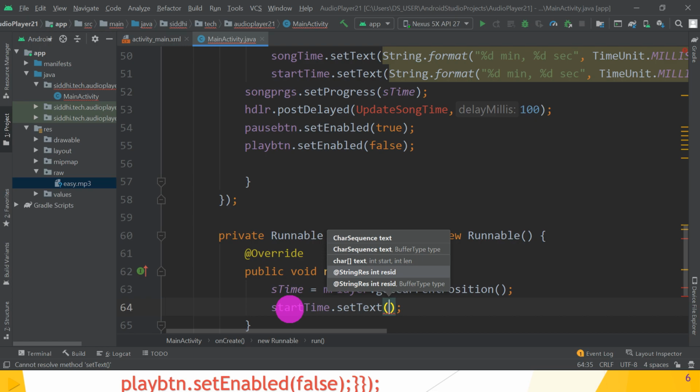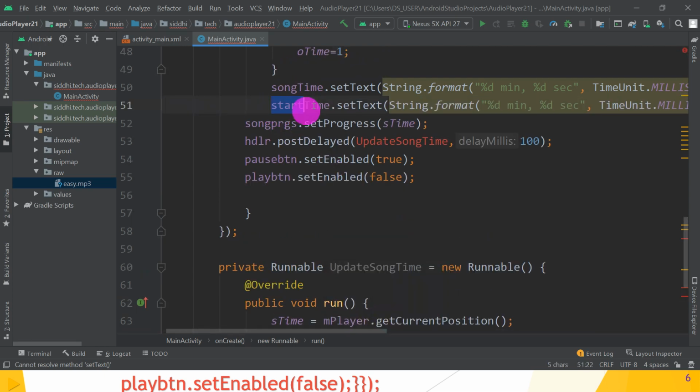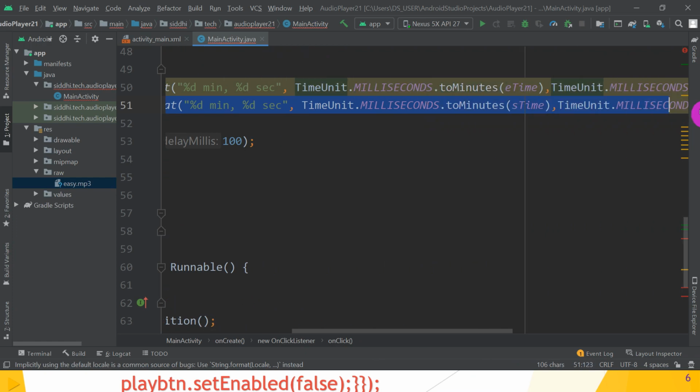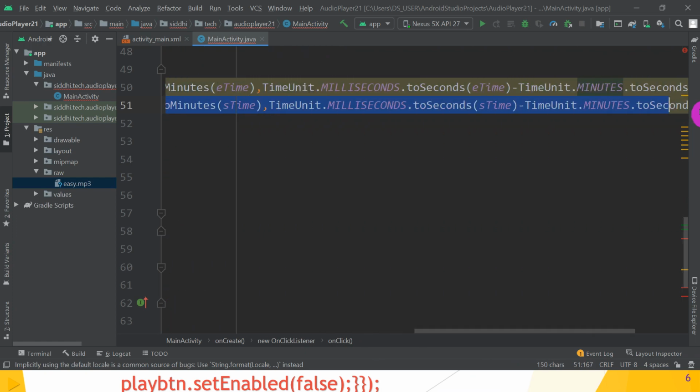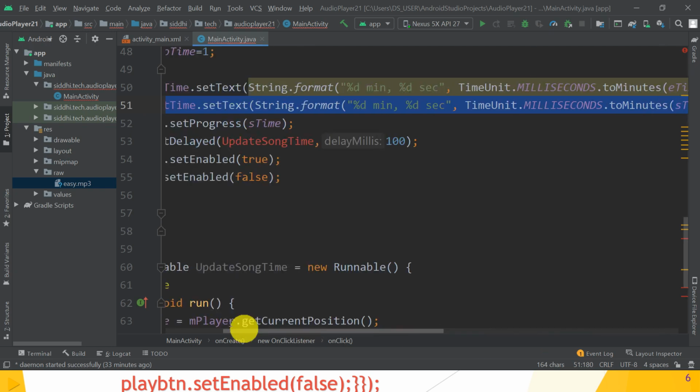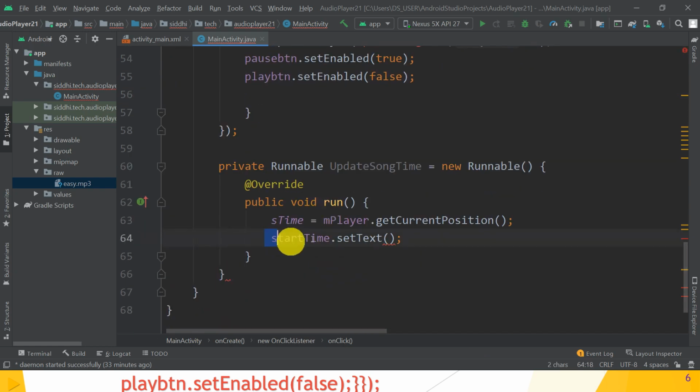Great. So first String dot format, that is remaining the same. So just copy that start time, copy and paste here.